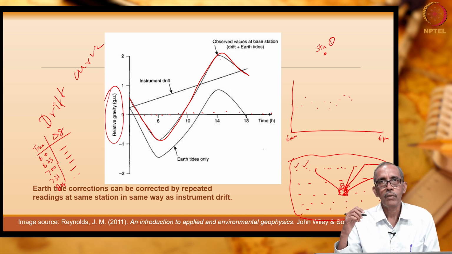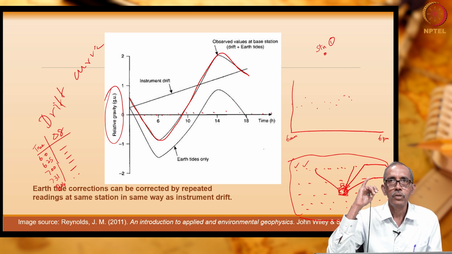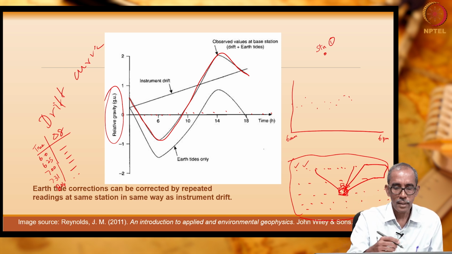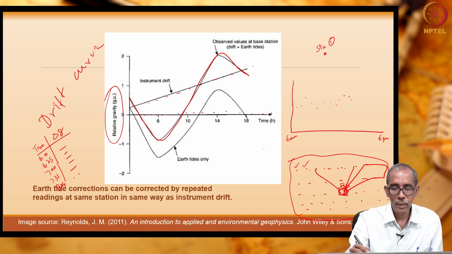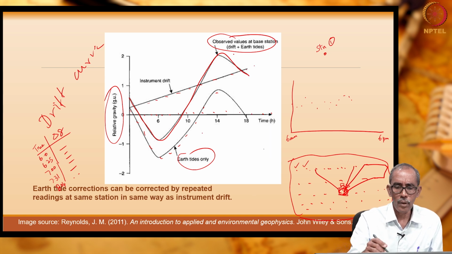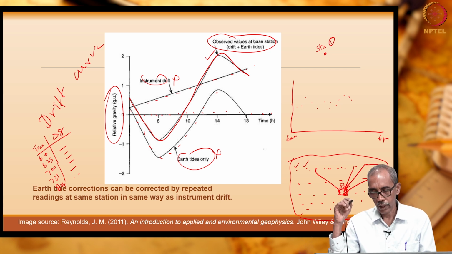So, the drift curve has got what? Both the issue with respect to the instrument and the issue with respect to the tidal effects. Here this author has nicely shown this is the issue with the instrument, instrumental drift, and this is the issue with the earth tide only. Combinedly we have this effect. This is what we have arrived at during the measurement. We need not bother about what is the instrument drift and what is the earth tide effect. What is interesting is we need to obtain this in order to carry out the drift correction.